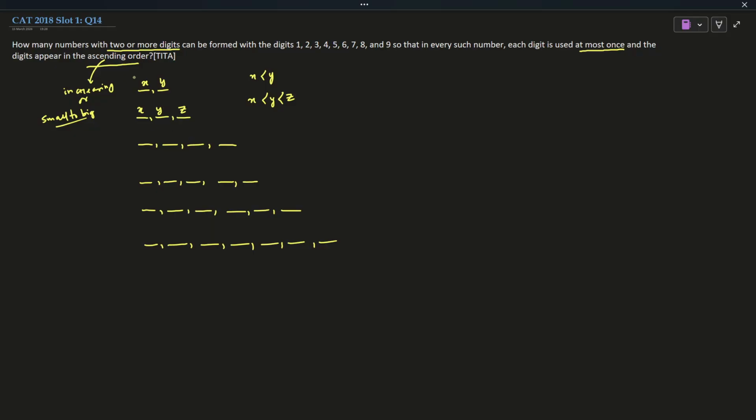So it is increasing in this order from left to right. Left to right it is increasing, okay. Similarly, if I have A, B, C, D, that means A is less than B, B is less than C, C is less than D. Okay. Now, let us take the example of a 2-digit number. How many 2-digit numbers can we form from these 9 digits? I have 9 digits. I need to select only 2 digits